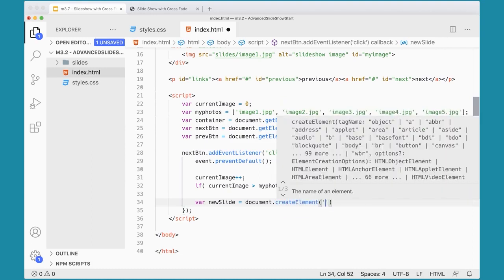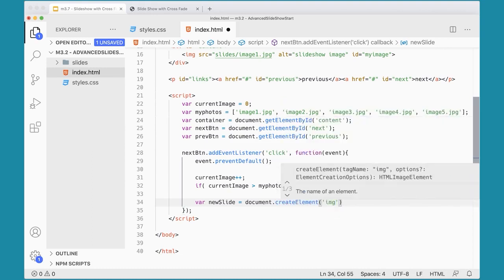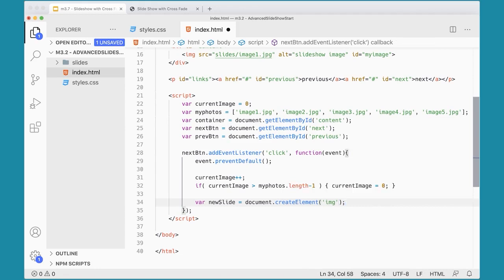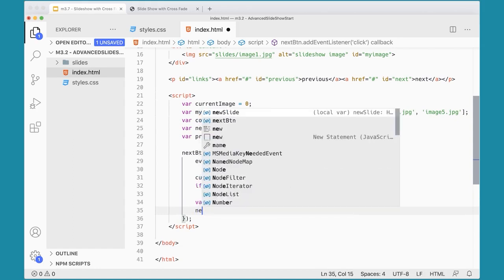And what am I going to create? I'm going to create an image, img. So there we go. Now we've got a variable that's holding a new image element. The image element is not on the page, but it's there. And then I'm going to say new slide